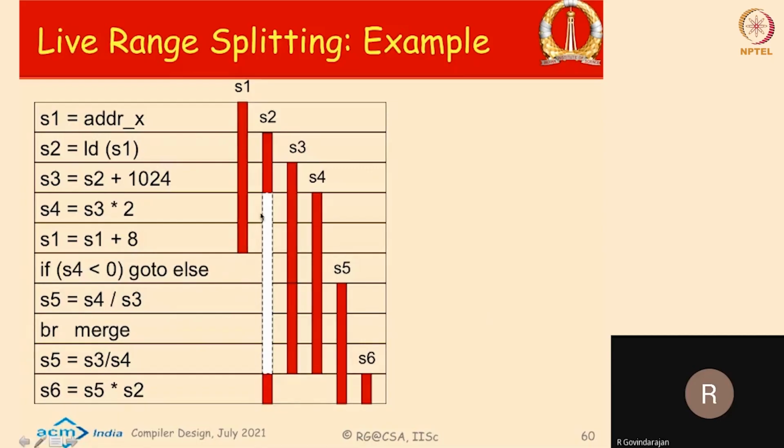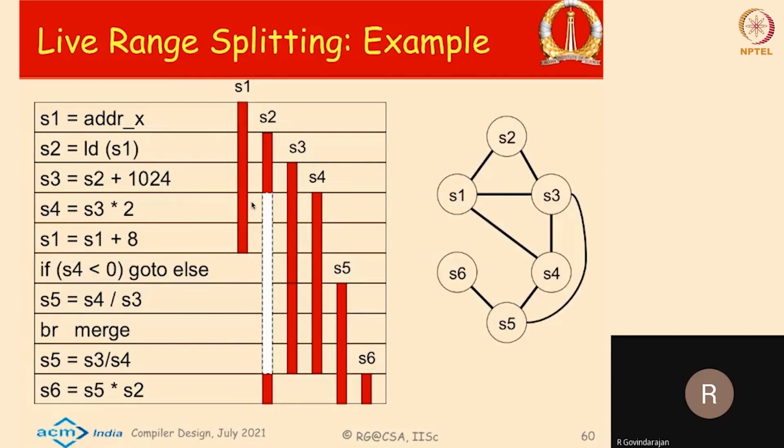I can actually now release this register during this period. And when I release this register during this period, I can use it for some other variables. For example, I can use it for S4, right? So in this particular case, if I take this and then do the live range splitting, I have this live range S2 split as S2 and S2 prime, and the interference graph now changes, right? And with this changed interference graph, I can color it using 3 colors, right? And in this particular example, it so happened S2 and S2 prime are having the same color, but